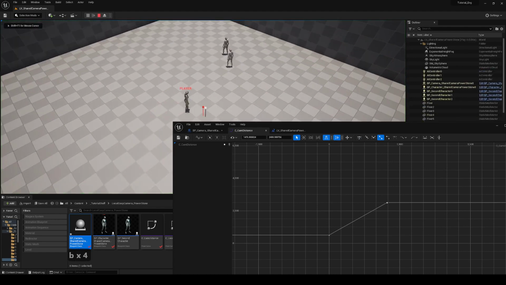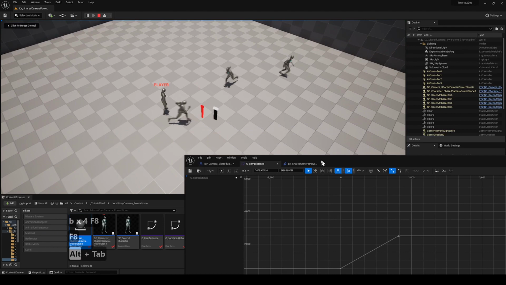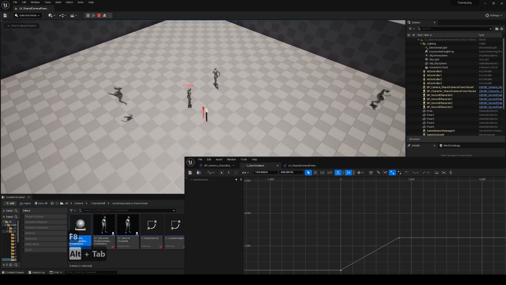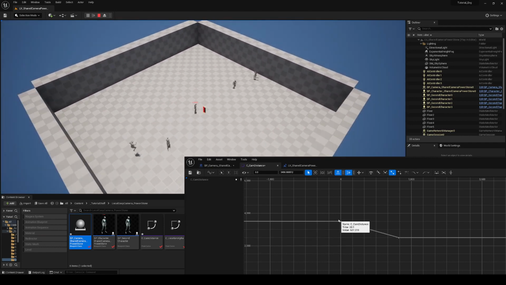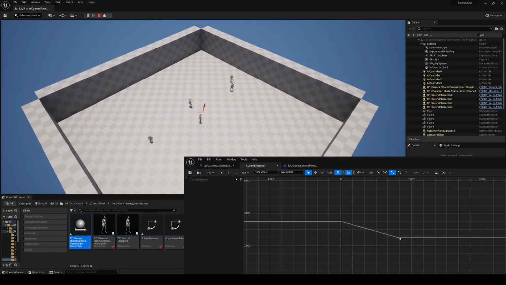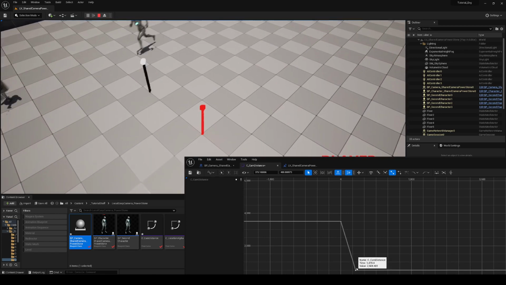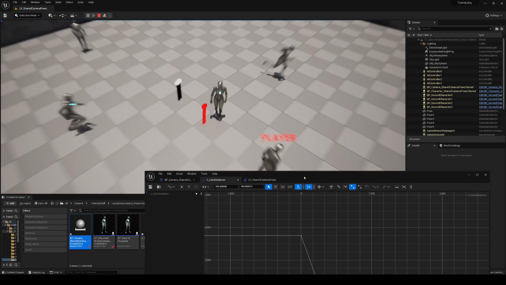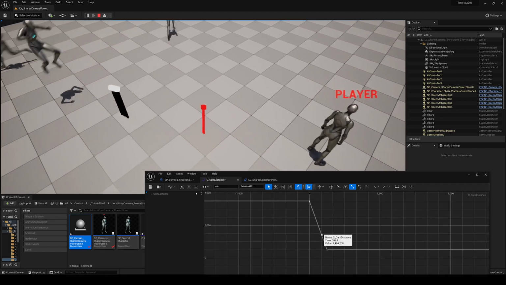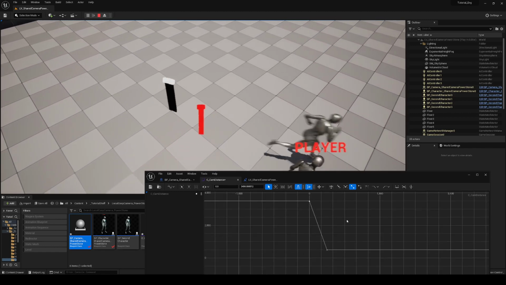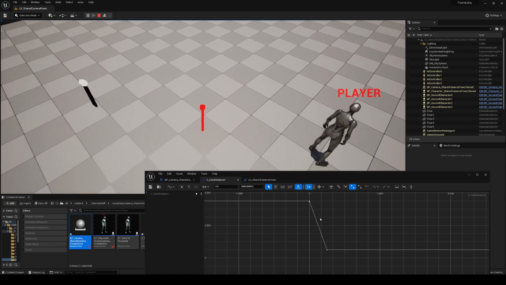let's see it in action. So here, for whatever reason, if we want the camera to be at a longer distance and then gradually get closer when everyone's further apart, we just have to move the curve like this. Pretty cool. I love using curves. So we can see that when everyone's further away, the camera gets closer, but obviously, in a normal game,